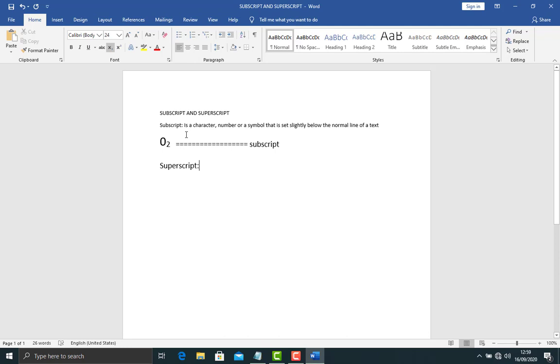In simple terms, the definition of a superscript is the opposite of the definition of subscript. That means I can just get this. For others, don't copy and paste, because I already know what I'm doing. For you, you're learning. So this is where I'm just changing slightly below to slightly above,